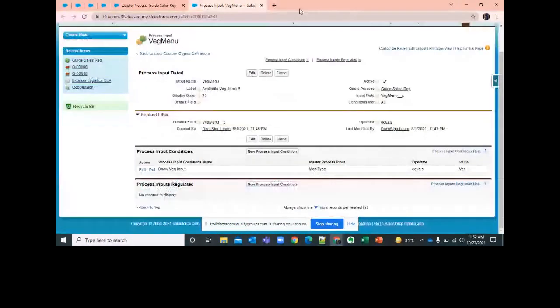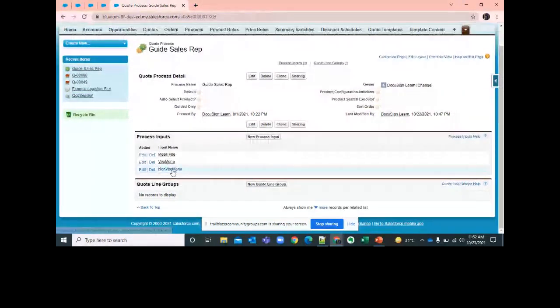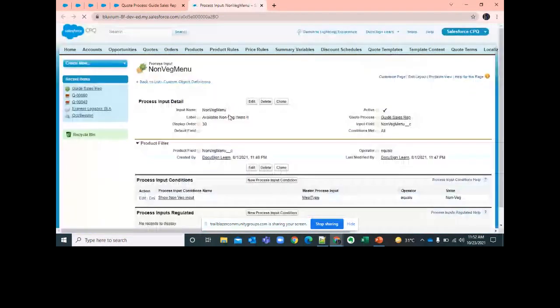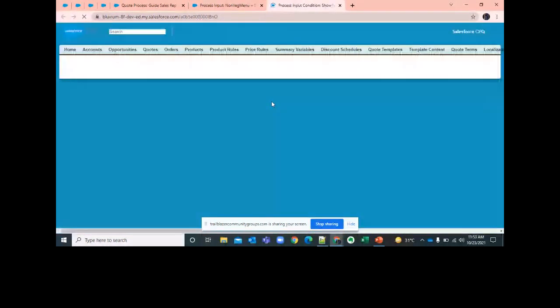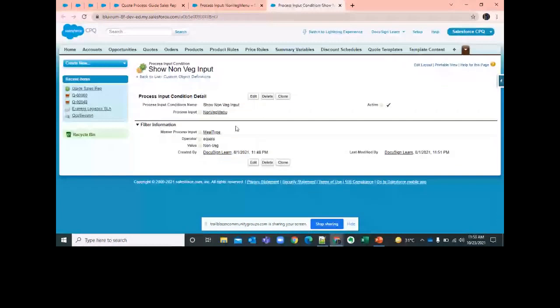Again, we have to do the same for the non-veg menu: I want to show this non-veg process input when meal type equals non-veg.